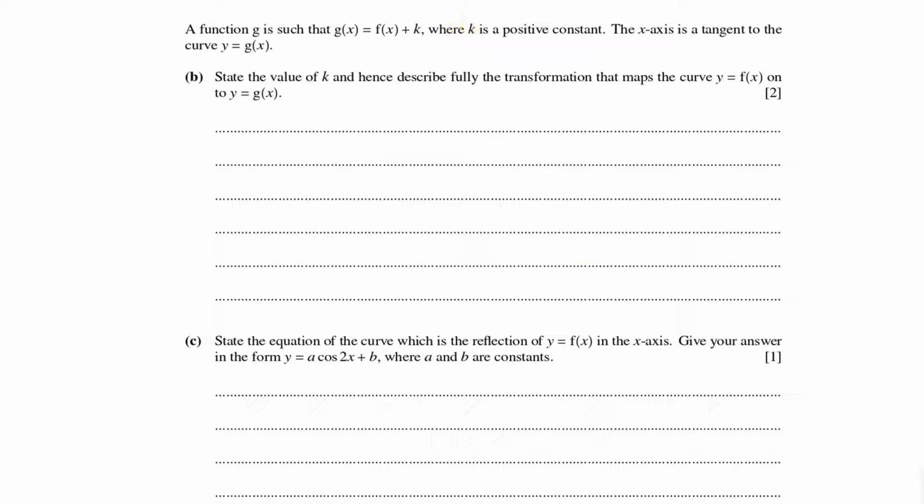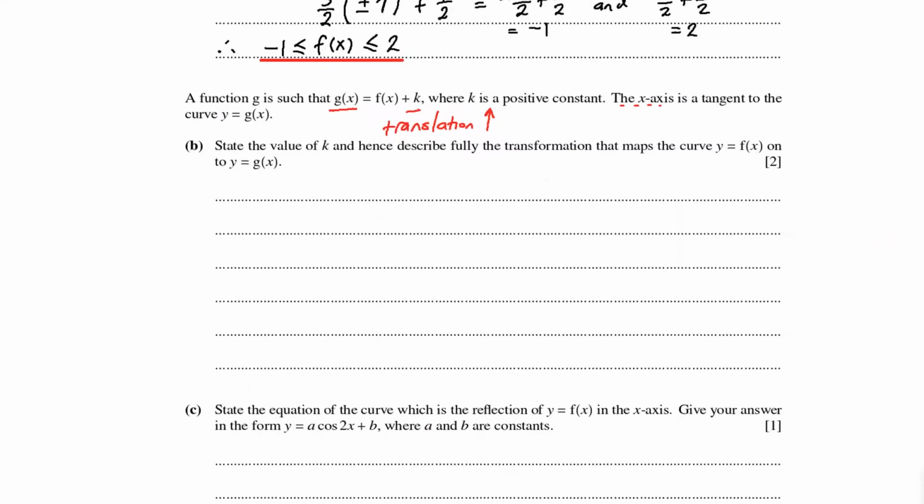So we want to use the piece of information that we have right here. Now, the new function g of x is f of x plus k. And if we're adding a constant to f of x, this represents a translation going up by k units. And to help us understand better, they say the x-axis is a tangent to the curve. So the situation here will be like,